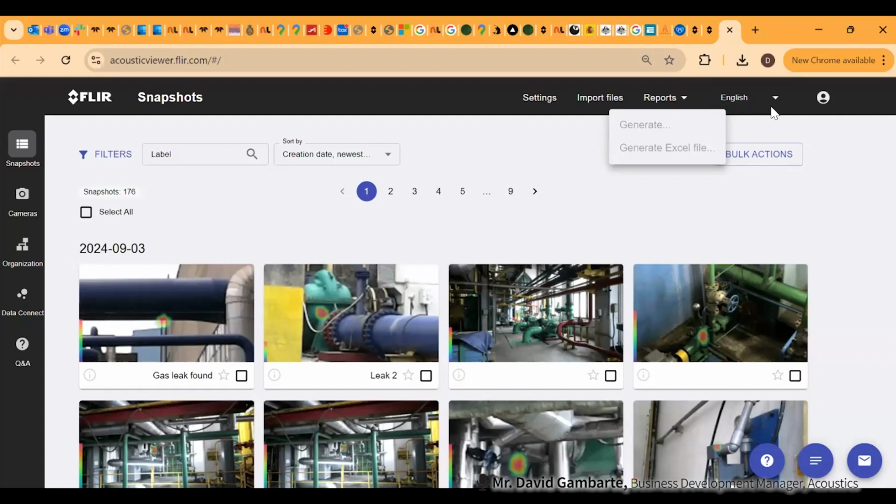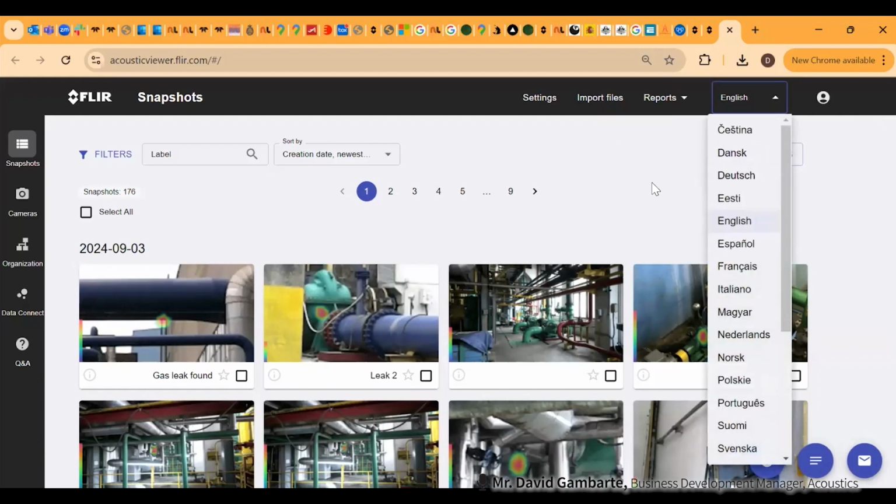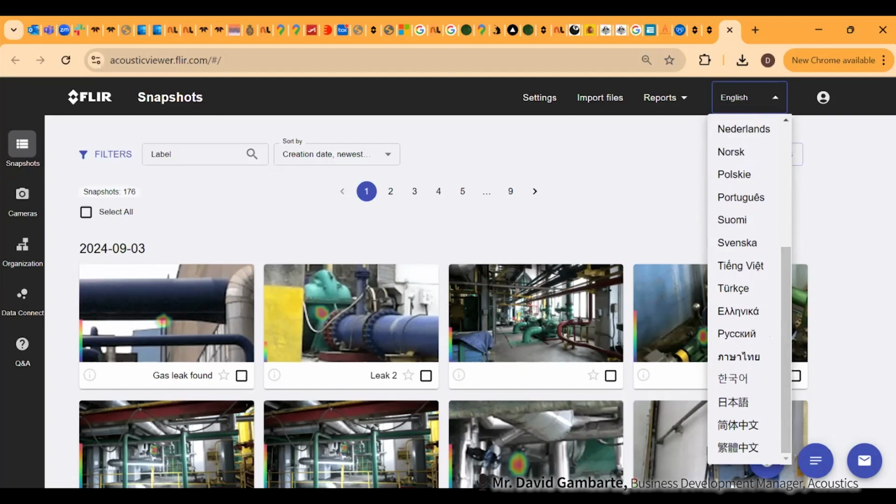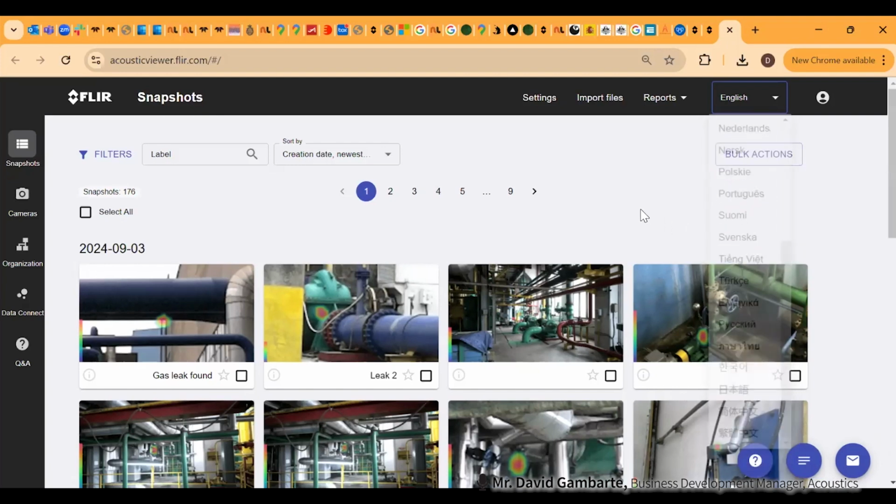And then here you have a bunch of languages. Just in case you don't want to work in English, totally understandable, of course. Everyone can work in their own language, and sometimes it's very important in organizations that you use the local language for the internal reporting, so everyone can feel comfortable with the data or the information they are getting. We have a lot of languages supported here, so there shouldn't be any problem. And if there is a language that is not supported, please let us know, and we will of course work on this.